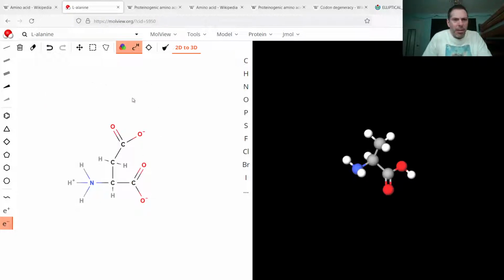And then there's asparagine. Which is aspartic acid, except there's an amine group there next to the carbonyl. And then I guess I'll cheat and I'll make this glutamine. Then change that to glutamic acid.